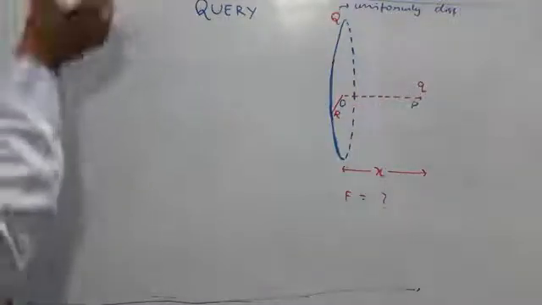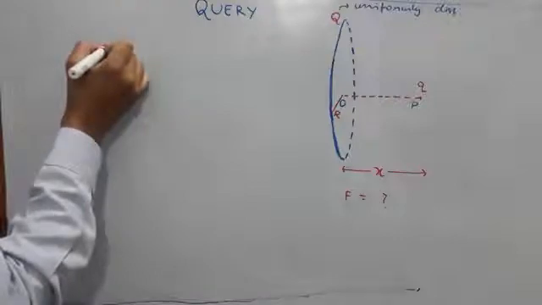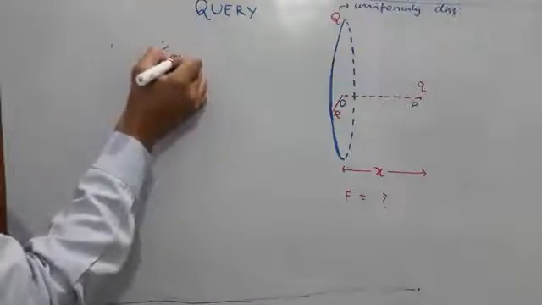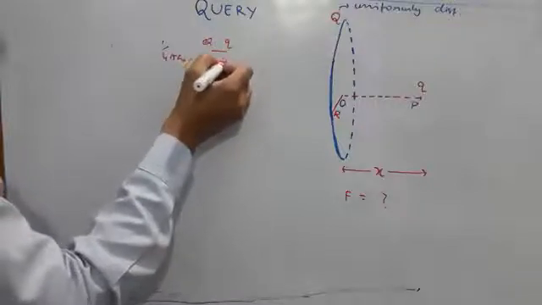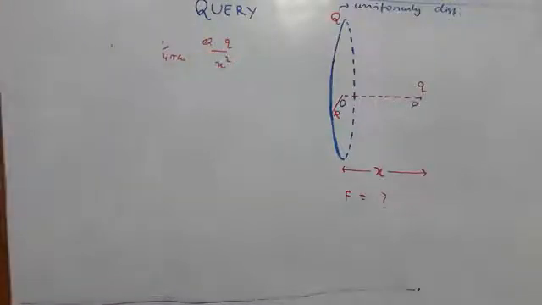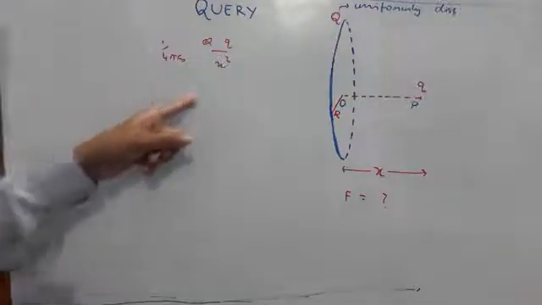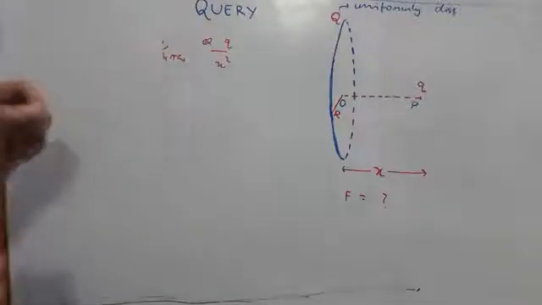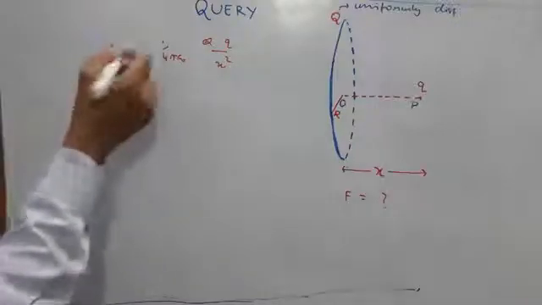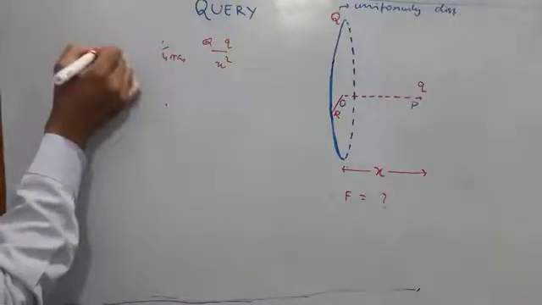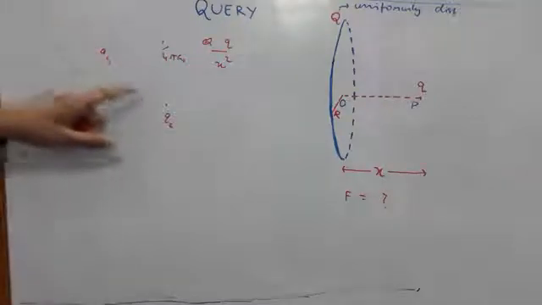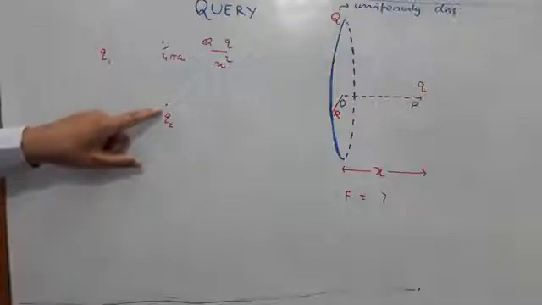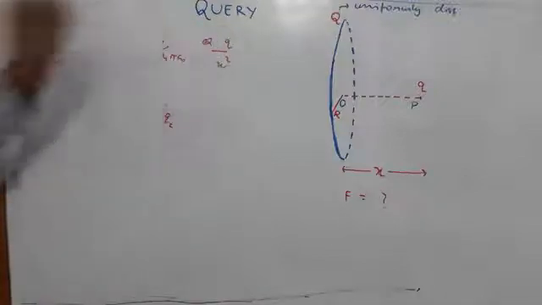Now we cannot directly apply Coulomb's law, that is 1 by 4 pi epsilon naught. If you are thinking Q into q by x square is the answer, I am afraid that may not be the correct one. Reason: whenever you use this formula, remember this formula, Coulomb's law, is valid for 2 point charges, say Q1 and Q2. If point charges are separated by a distance x, then this formula will be true.